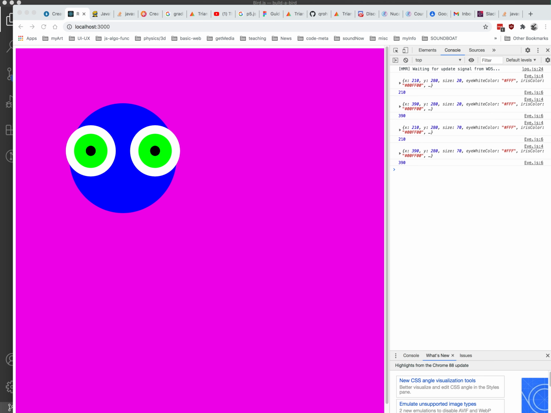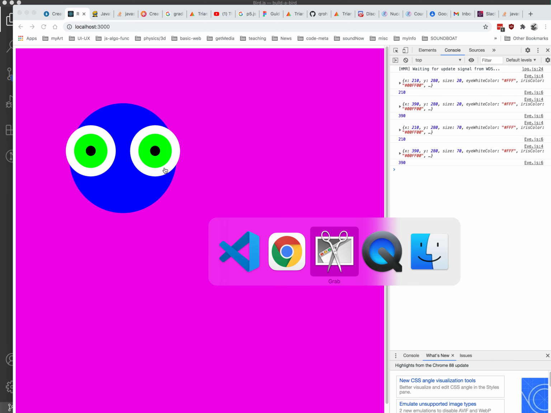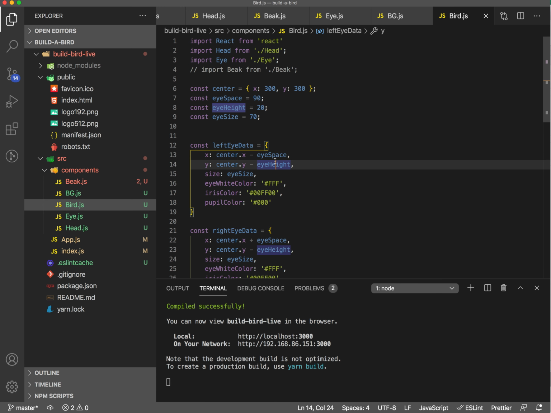And for the beak, we're going to need to do... Actually, you know what? Let's hold off on the beak for now. So we've got eyes. We've got a bird. We need to add the beak, and we need to add some ability to make a whole bunch of these things. So what I want you to do, if you've made it this far, is